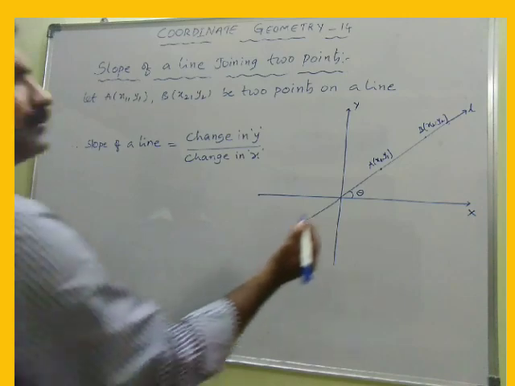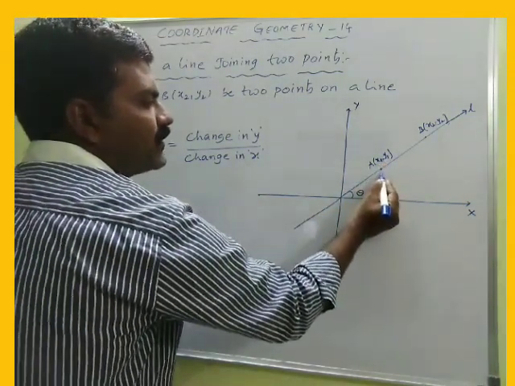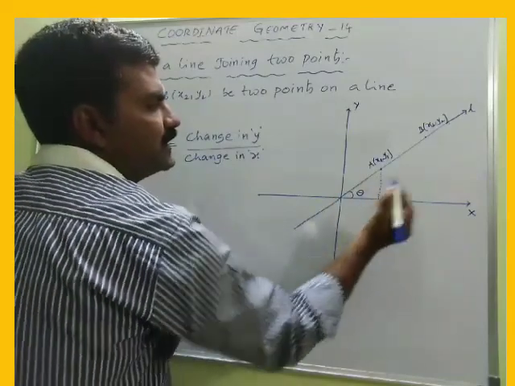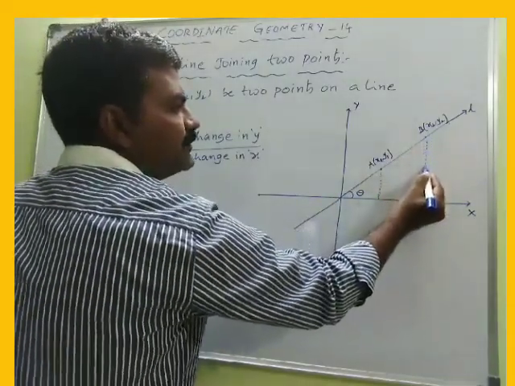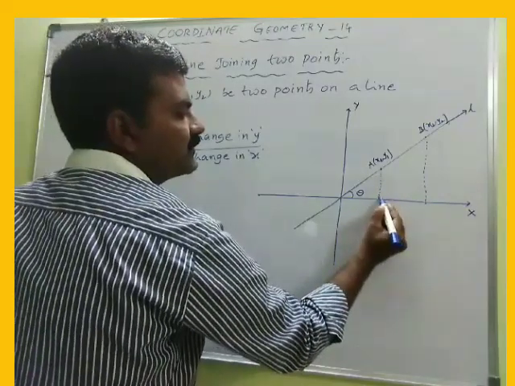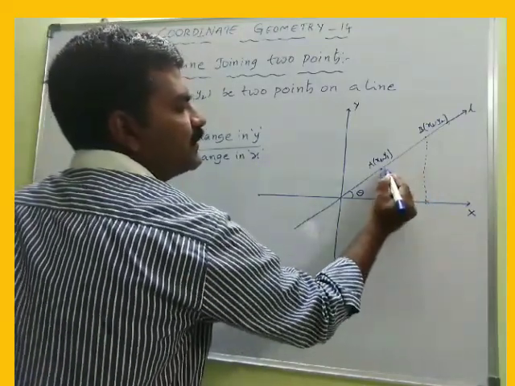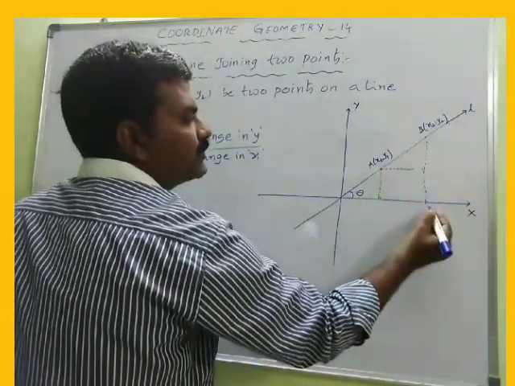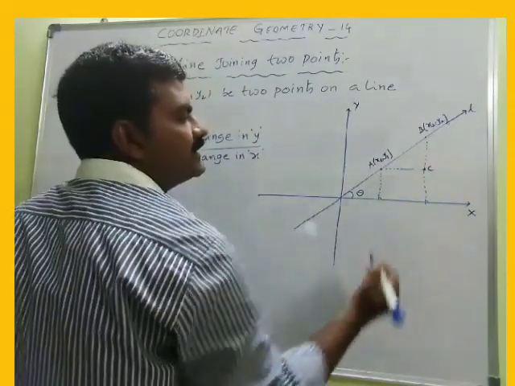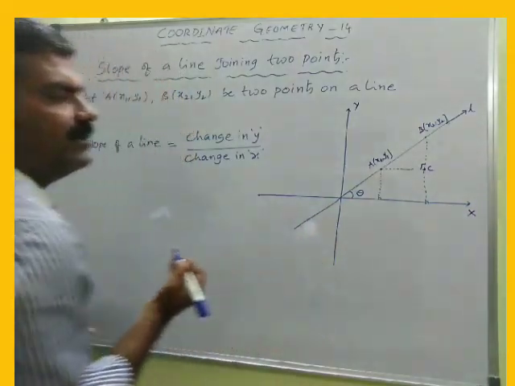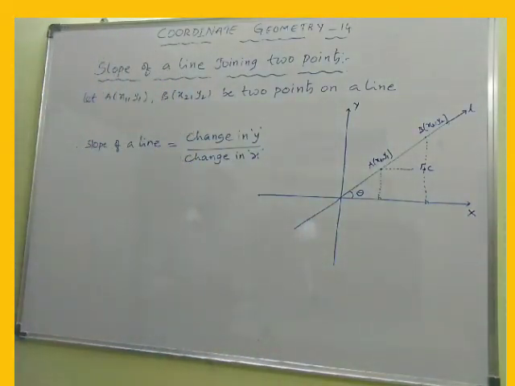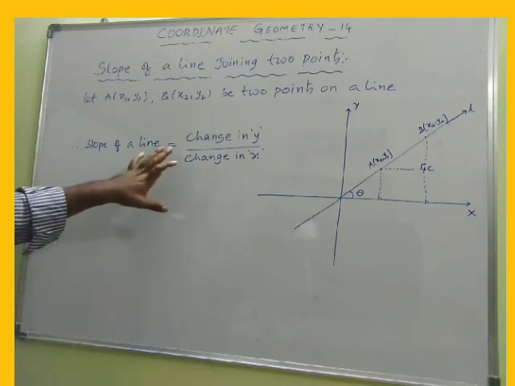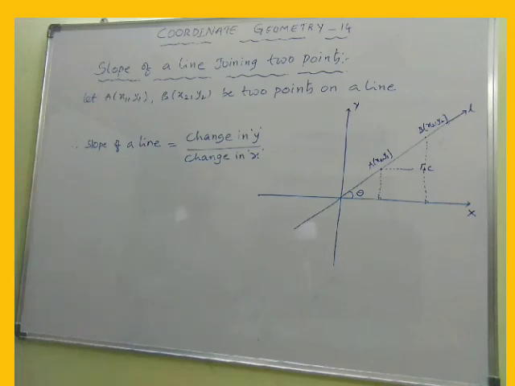Let it be the line which makes an angle theta with the positive direction of the x-axis. Now from capital A (x1, y1) drop the perpendicular on the x-axis. Similarly from capital B also drop the perpendicular to the x-axis, right? As well as drop the perpendicular from A to the line joining B. Suppose this is the point C, and clearly this angle is a right angle. So basically, as per the definition, the slope of a line is nothing but change in y coordinates by change in x coordinates.